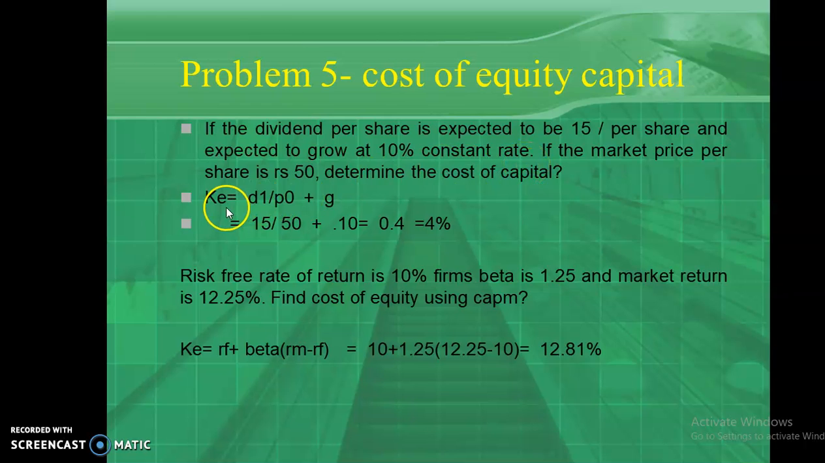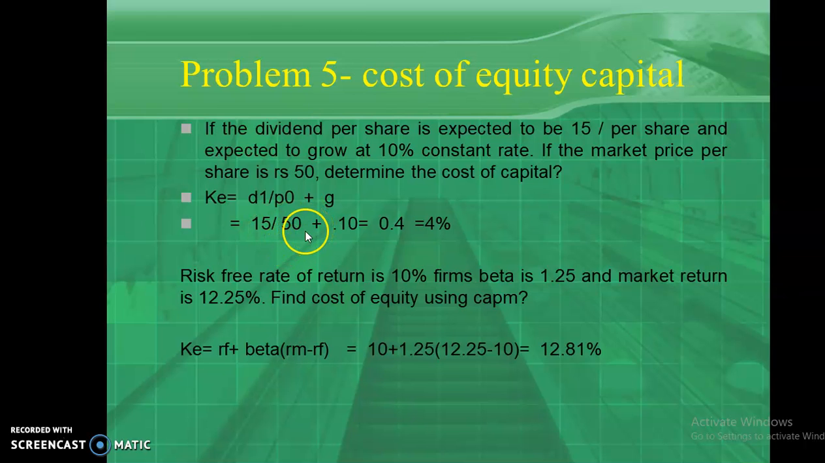Cost of equity equals D1 divided by P0 plus G. What is D1? D1 is known as next year dividend. It's not current year dividend. What would be the next year dividend? That's D1. So it's very clearly written that next year dividend expected is 15 rupees. 15 divided by